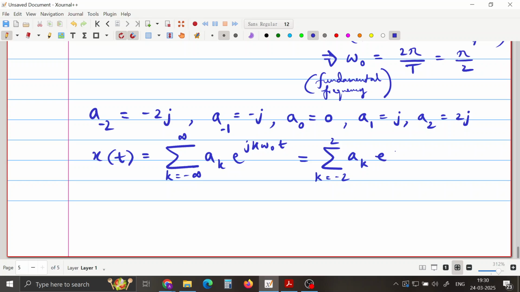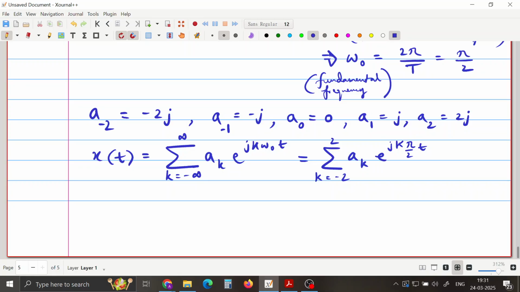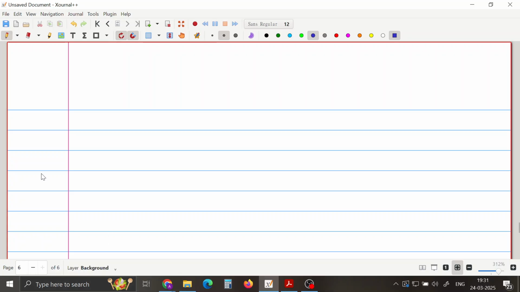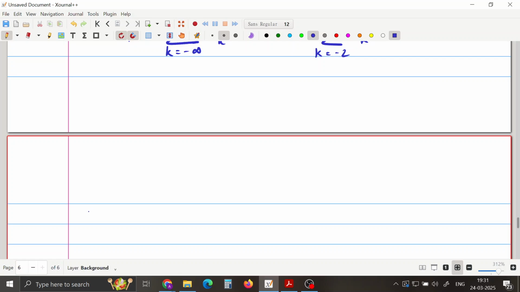So this is a_k e power jk omega naught t. Omega naught was pi by 2, so e power j k pi by 2 into t, right? Omega naught was pi by 2. So what do we have? Okay, let me go to the next page. We will have 5 terms, right? So your x of t is